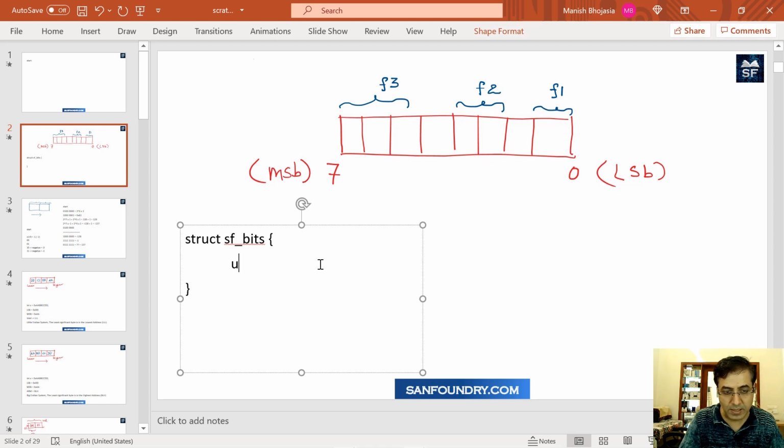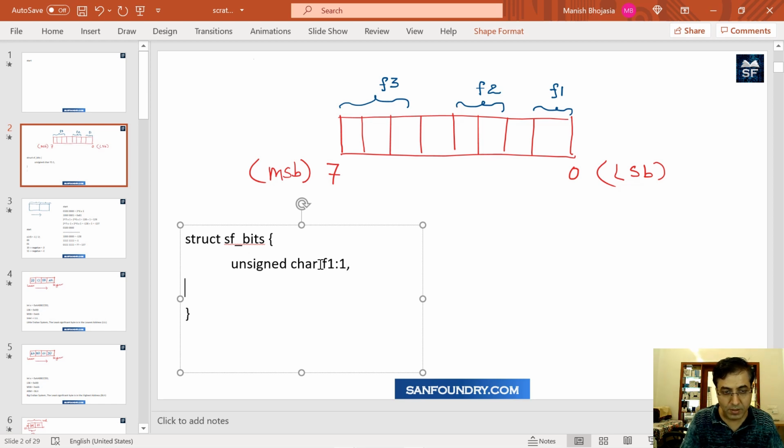So we will say it's an unsigned character. Why am I using character? Because as you see we have only 1 byte, 0 to 7 bits are there. I'm using unsigned because F1, F2 and F3 represent some data, so we should have an unsigned for that. Having said that, we can now make sure that we have a field representation F1. If you see the design diagram, F1 is just a single bit. So we say F1:1, which means we are interested in 1 bit and the name of that is F1.